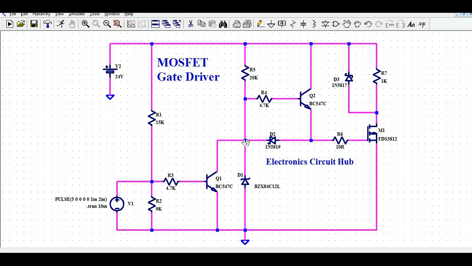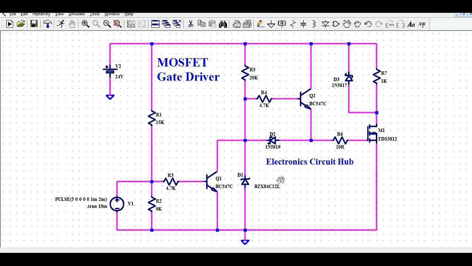And then after the Q1, if you look, I have the R5 resistor, and here I have connected one Zener diode. Okay, this is the Zener diode. And again the Q2 transistor, the base resistor of the Q2 transistor is 4.7k. And here between the base and emitter, I have connected one Schottky diode. This is one diode D2, and then I have one current limiting resistor to the MOSFET, the MOSFET gate resistance. And here I have, let's say, inductive load or resistive load or DC motors, etc., and the freewheeling diode.